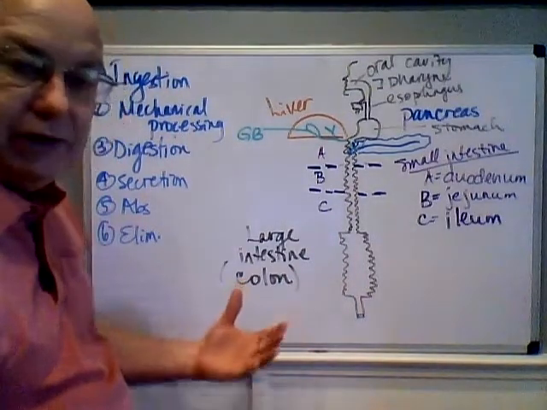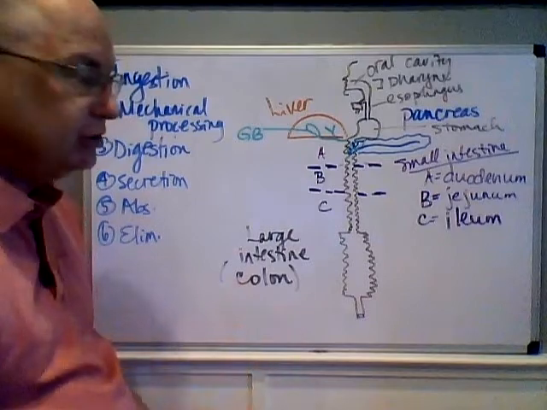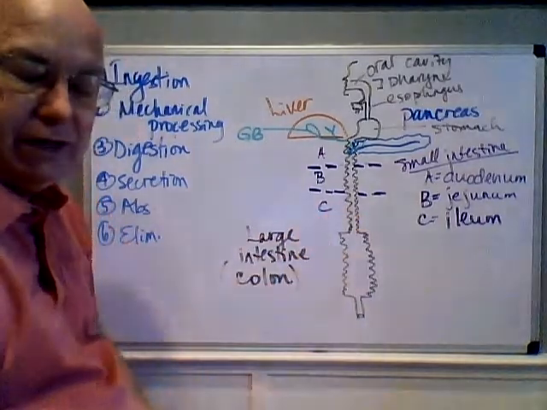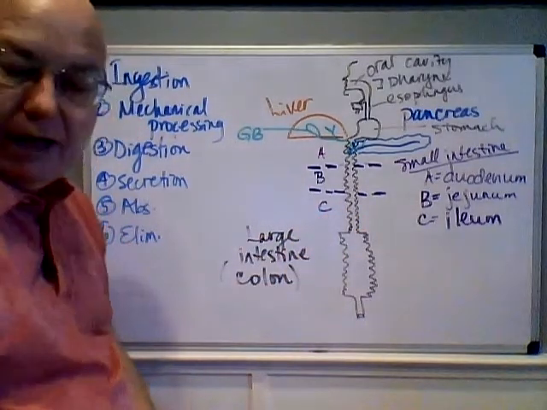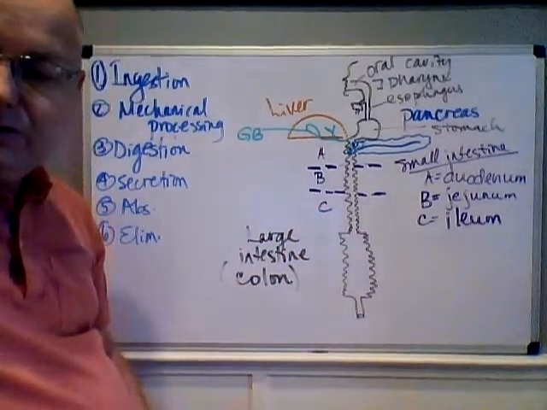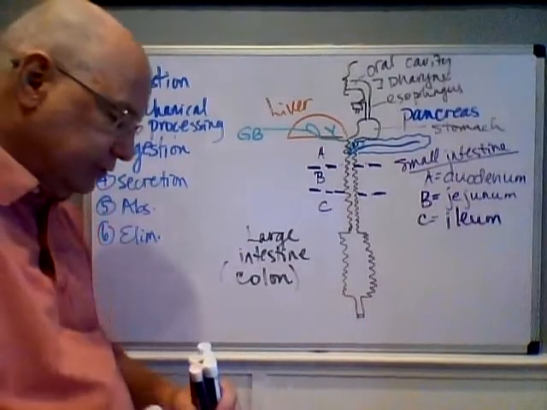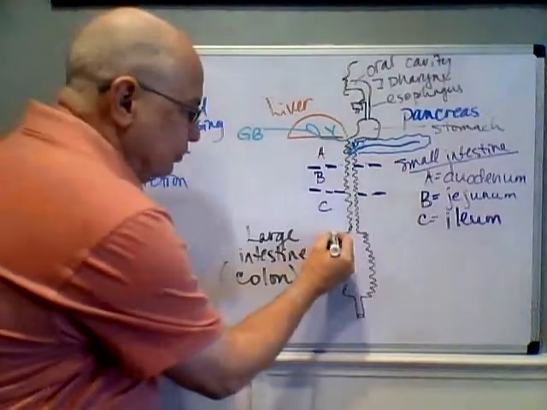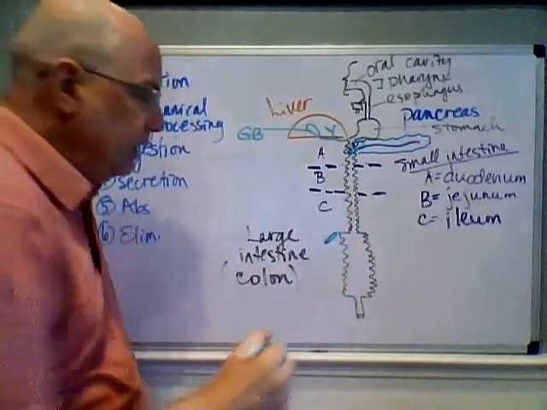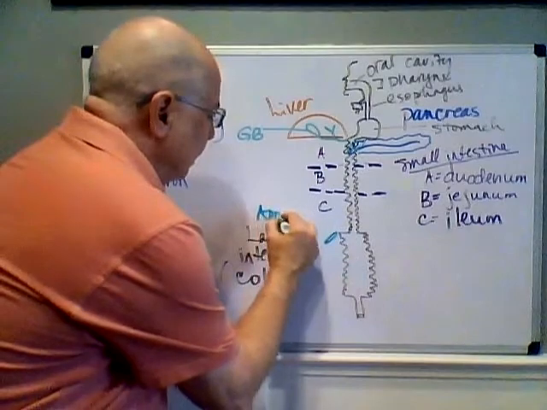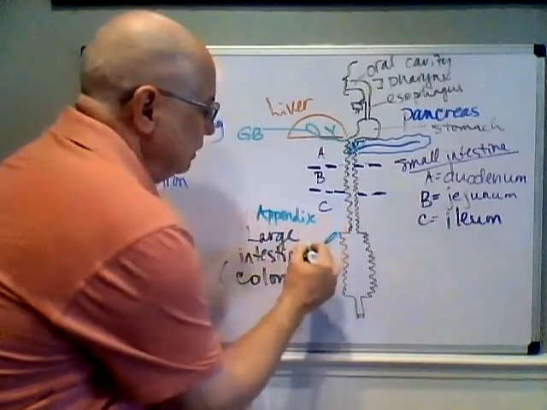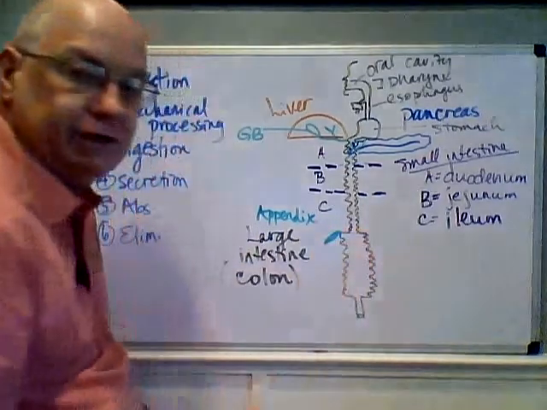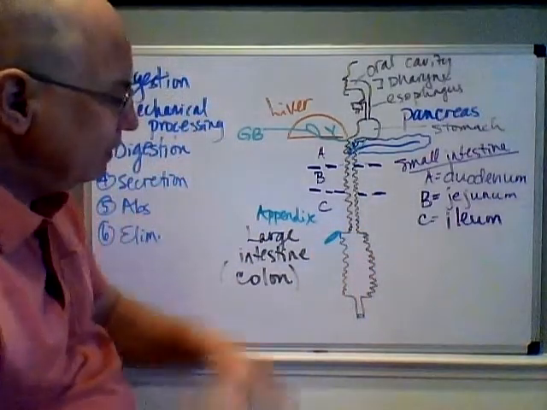The colon itself has several major sections. There's a part called the cecum. It's sort of the little pouch right attached to the small intestine. And attached to the cecum, by the way, is another accessory organ that I'm going to add onto this picture. And that accessory organ is called the appendix. The appendix is right here, sitting right by your right hip, or close to it. And that appendix actually plays a role in digestion. The appendix is attached here and can dump stuff into the digestive tract at the cecum, right where the ileum